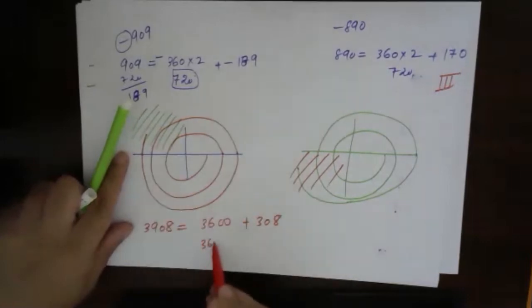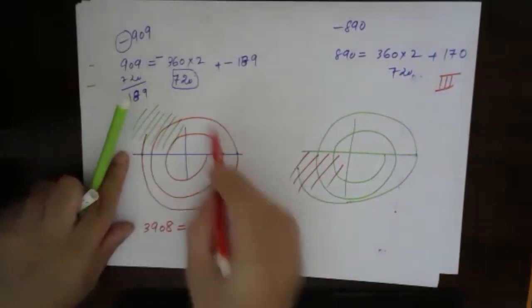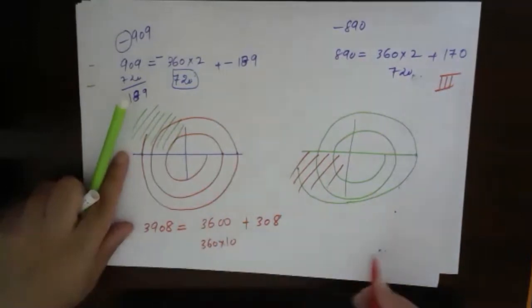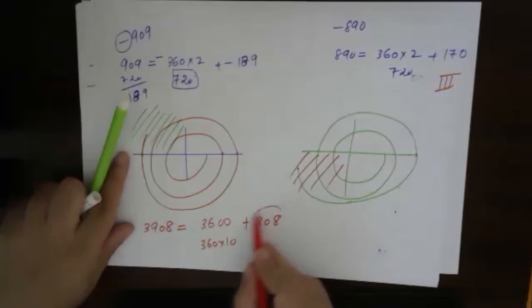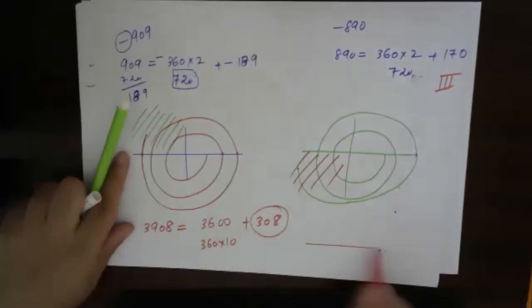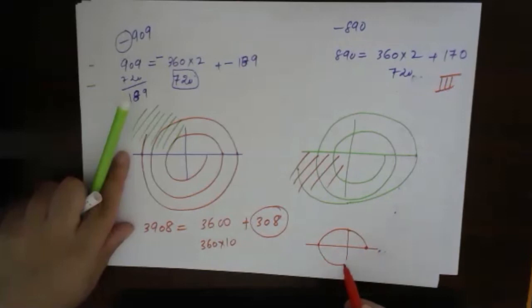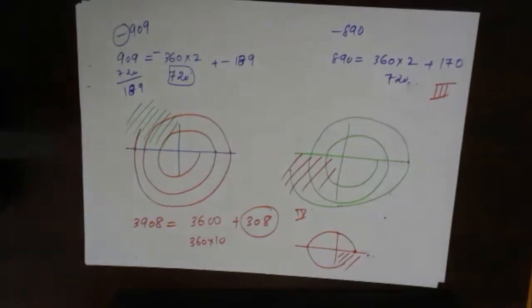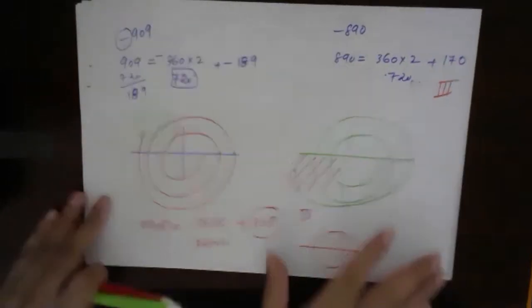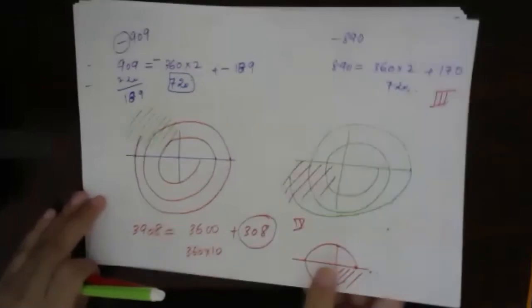So this is 360 into 10. So this is how many rotations? Because this is positive anti-clockwise, 10 rotations, right? Now after 10 rotations, 308. So after 10 rotations, you will be exactly at this position. Then 308 means 90, 180, 270, so somewhere here. So again, this will be in the fourth quadrant. Understood? Right? Fine. Okay. Now the main question.